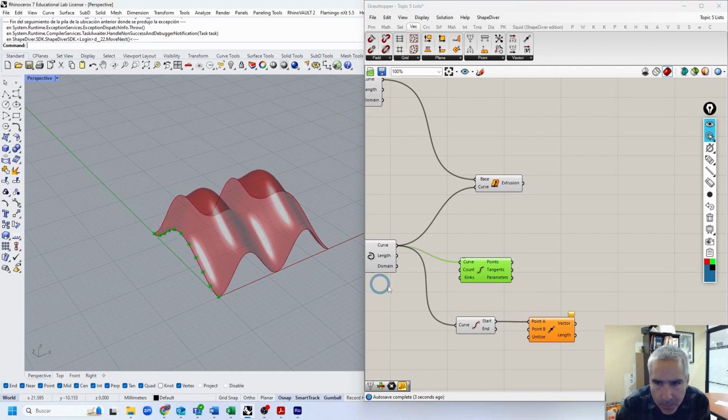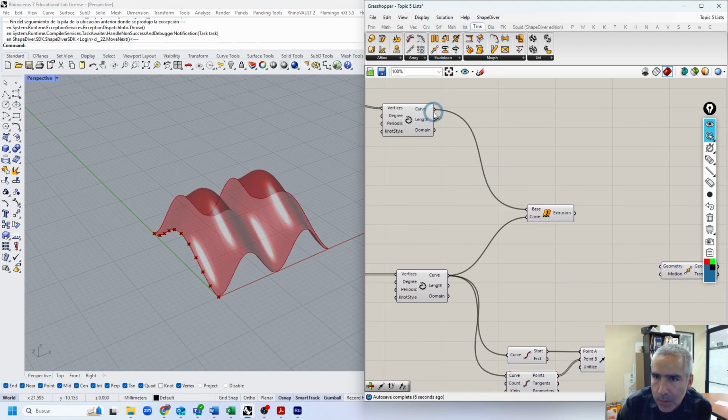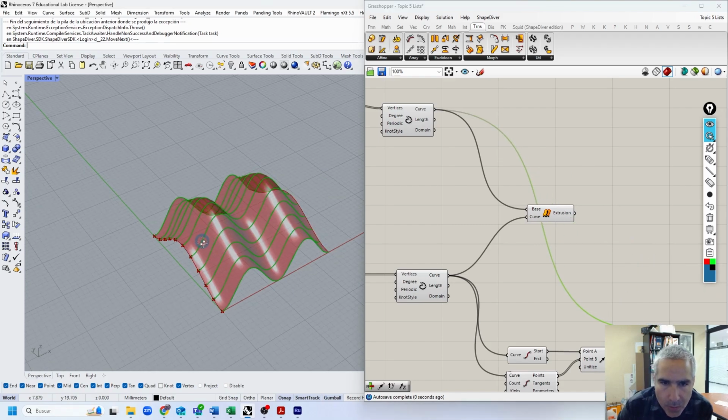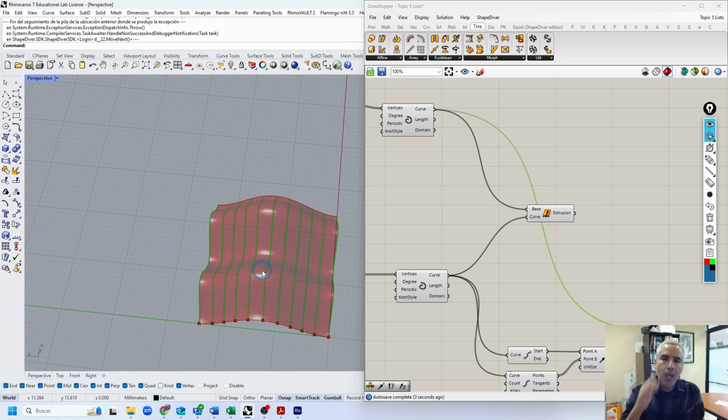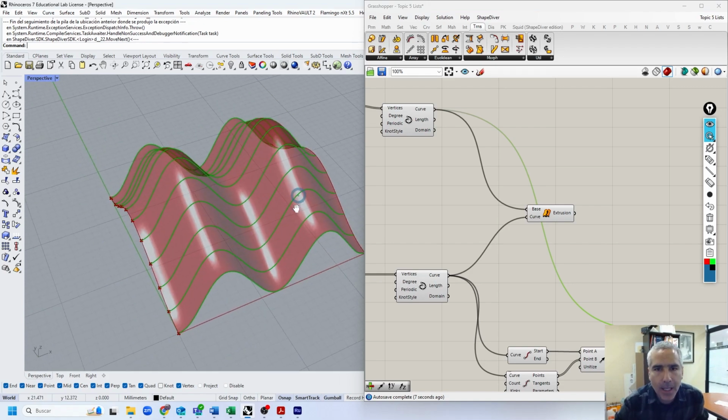This divide curve component will give you that. So then that's a vector. And what you can do is translate or move that first curve, which will be this one, using these vectors as a motion vector. There you go. So you can think of this translation surface as a